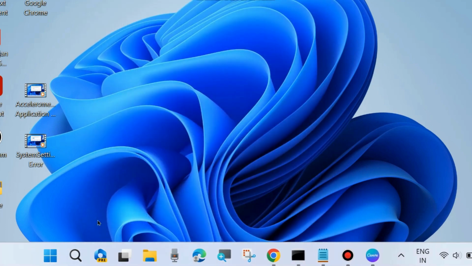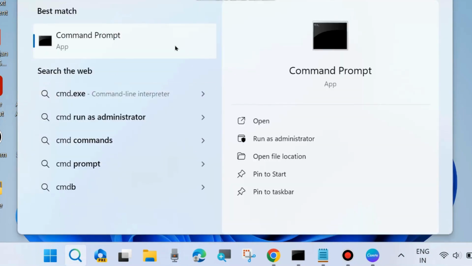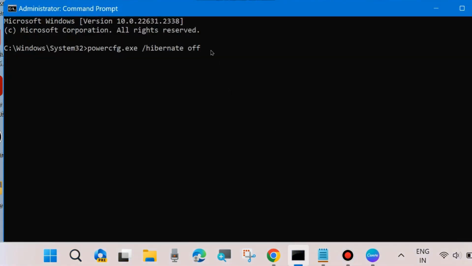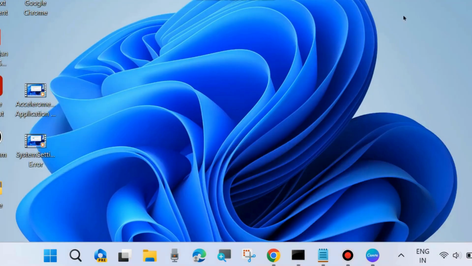One more method to fix this is, in search type cmd and open command prompt window in administrator mode again, and in command prompt run the sfc /scannow command to check for any corrupted system files. It will not only look for corrupted files, it will repair them automatically. Wait for some time, it will take some time. After that, restart your system. Your problem will